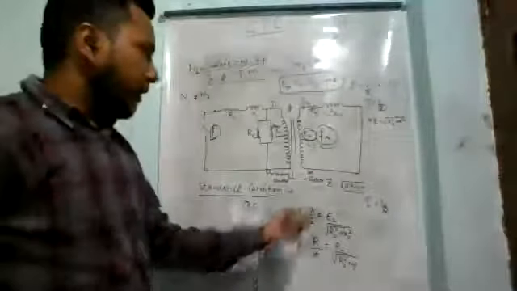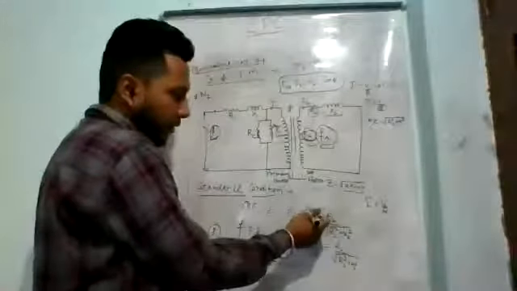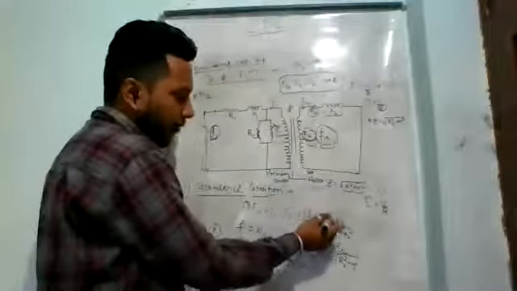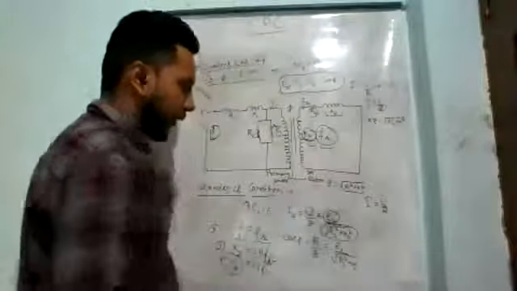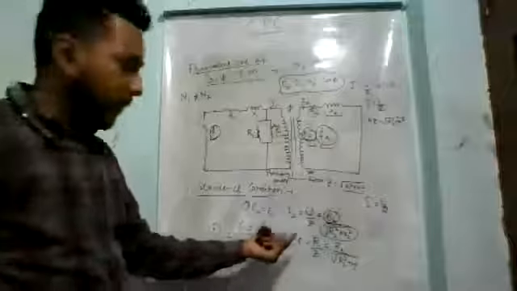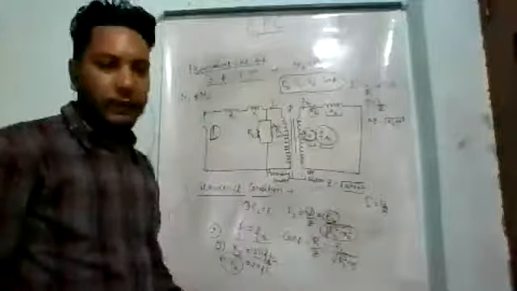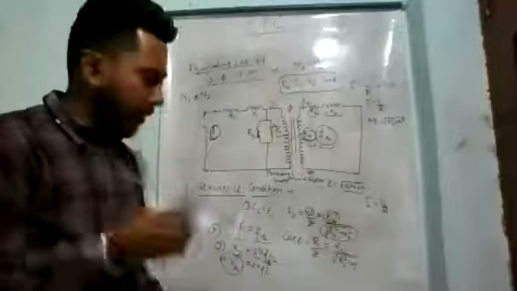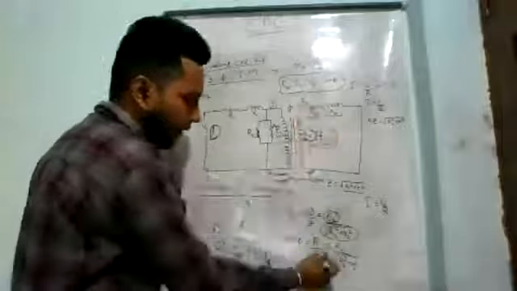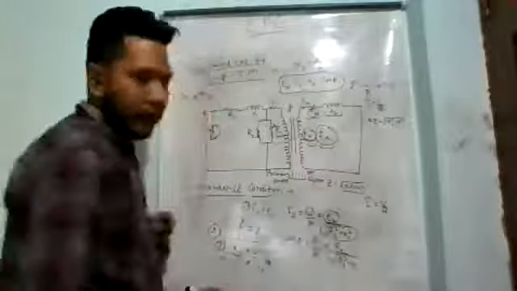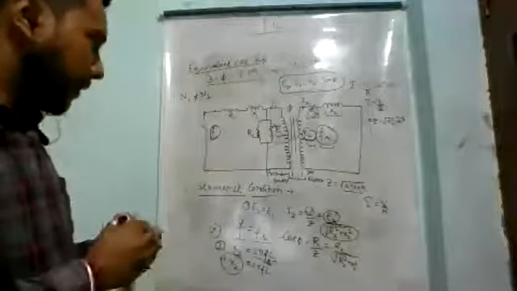Here we put V upon Z. As we know, the secondary side voltage is E2 and the impedance is the square root of R2 squared plus X2 squared. This is the formula for current at the secondary side. Now, what is power factor? Power factor is the ratio of resistance to impedance. Here, resistance is R2 at the secondary side and impedance is the square root of R2 squared plus X2 squared. These are the standstill parameters.